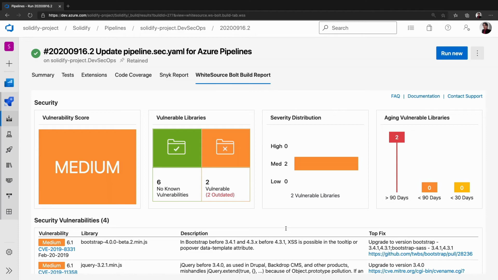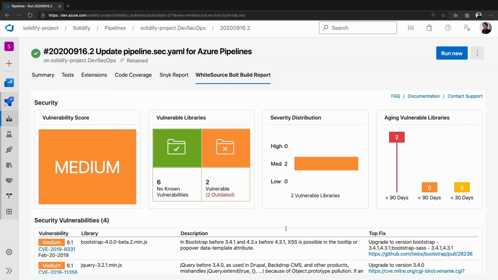Although Snyk and WhiteSource were basically used for the same purpose, they generate different reports. It basically means that it technically makes sense for you to use different tools for the same job. Of course, not all of them, but here in my case, as I showed you, I was using two different tools. They were providing two different kinds of reports with different outcomes. And in that way, I was able to find more issues,